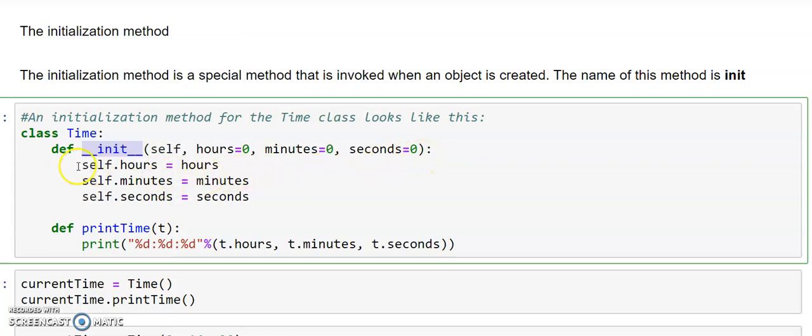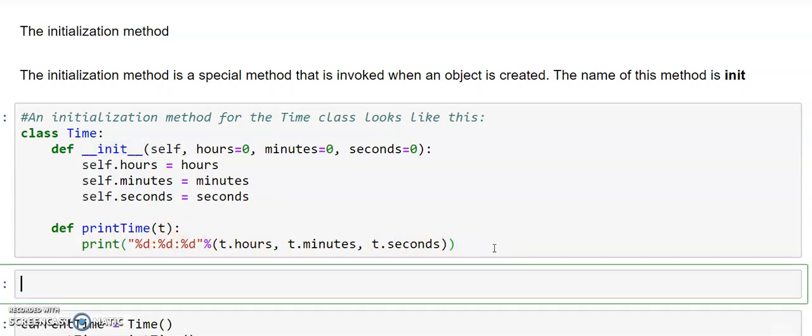Inside this, whatever values of the attributes we receive, we assign to each of the attributes of the object we have created. And we are printing the time in the format of a time.